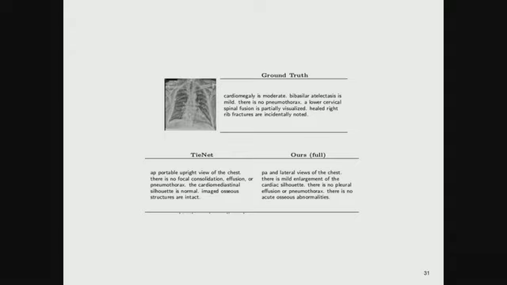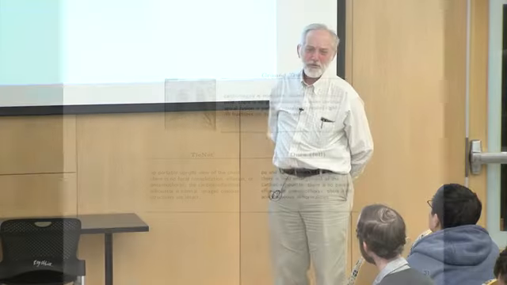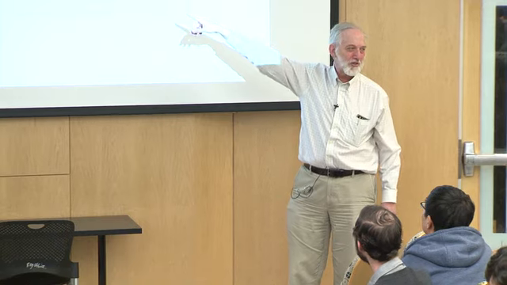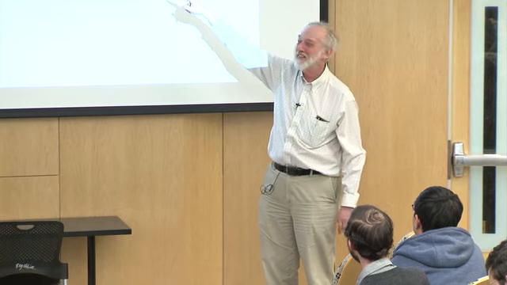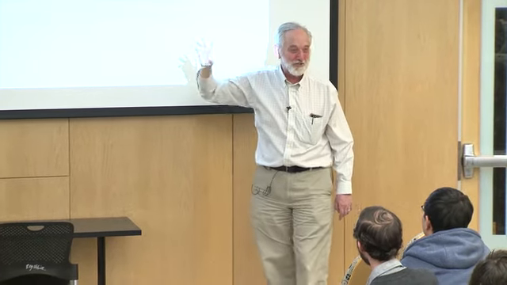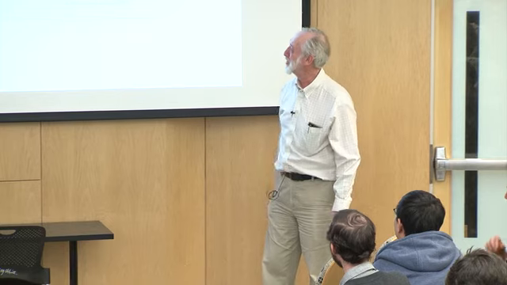So here's an example. So this is an image of a chest, and the ground truth, so this is the actual radiology report, says cardiomegaly is moderate, bibasilar atelectasis is mild, there's no pneumothorax, the lower cervical spinal fusion is partially visualized, healed right rib fractures are incidentally noted. By the way, I've stared at hundreds of radiological images like this. I could never figure out that this image says that. But that's why radiologists train for many, many years to become good at this stuff.